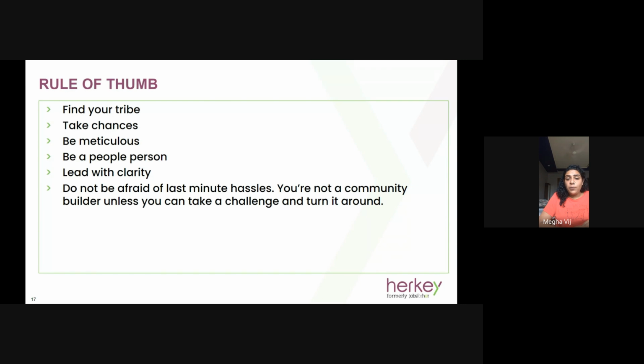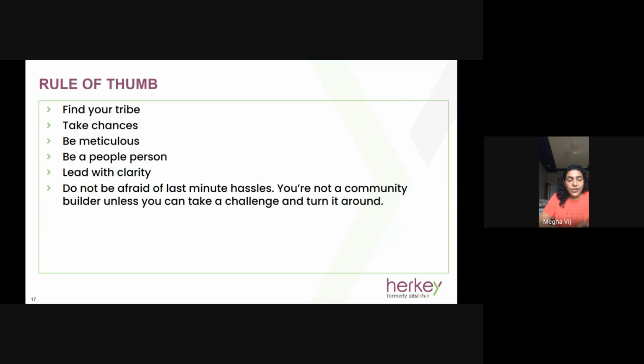So it is important that you fall and then you make amends to the way that you're doing things and not be bothered by things that are not working out. Just constantly keep striving to achieve what you want to. And communities are built only via taking chances, because this is not something that you get a qualification in. There's no qualification in community building, up until now at least, right? So you will have to learn on the job.